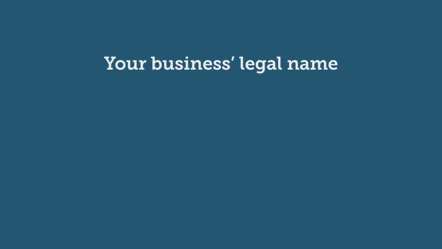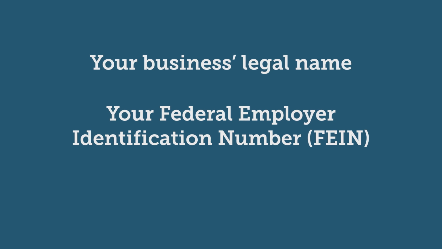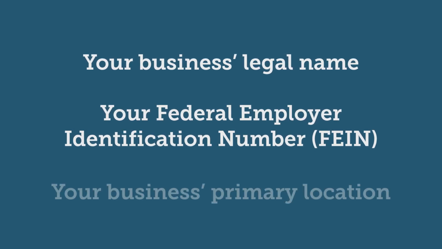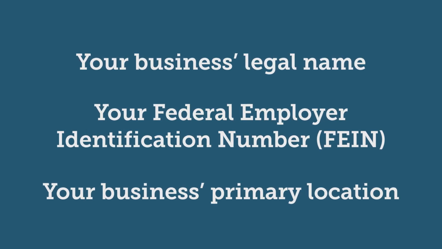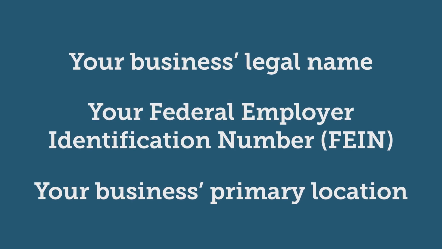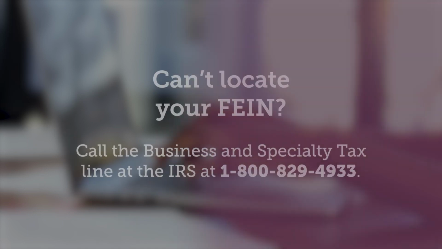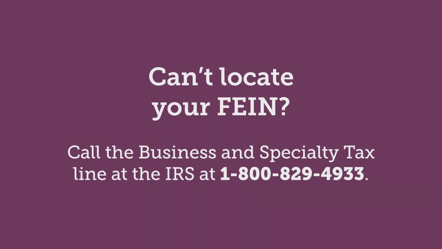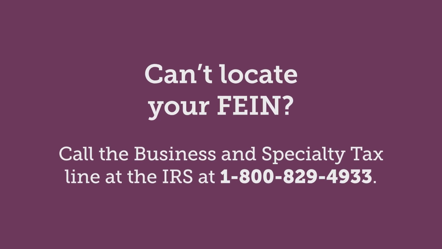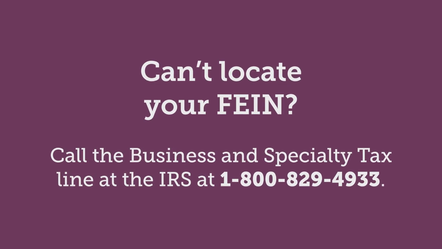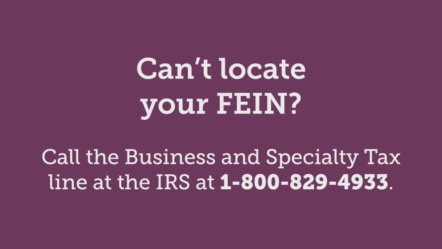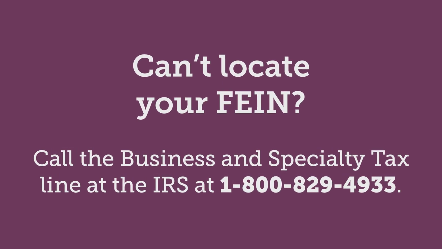your business's legal name, your Federal Employer Identification Number, your business's primary location. You can find your FEIN on the notice that was generated by the IRS when you applied for your FEIN. Previously filed tax returns will have your FEIN listed as well. If you are unable to locate any of these documents, you can call the Business and Specialty Tax line at the IRS at